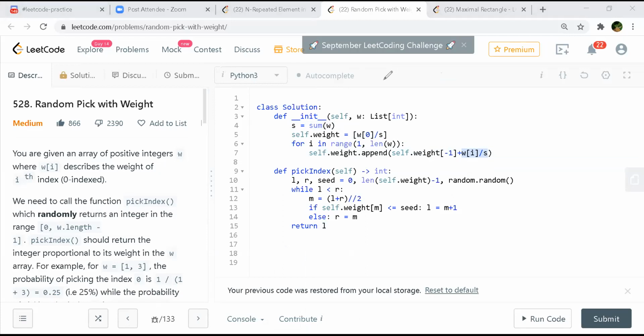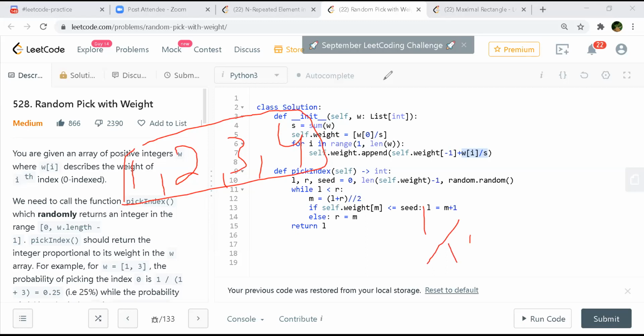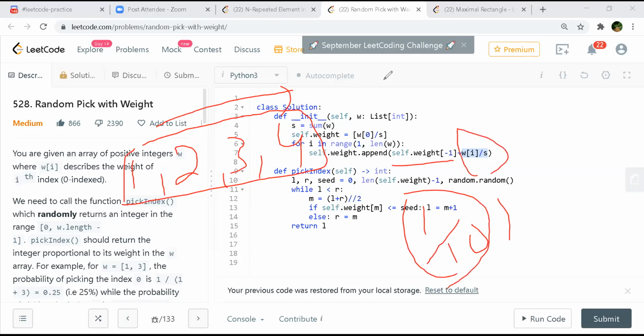Let's say 1, 2, 3, 4 is there. So first I calculated the sum of this, which will be 10, so 1 by 10. From here onwards, I'm taking the previous value and adding, 1 by 10 plus 2 by the total sum.